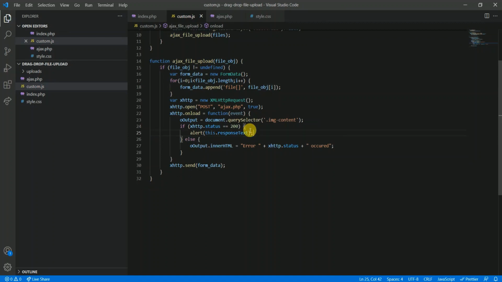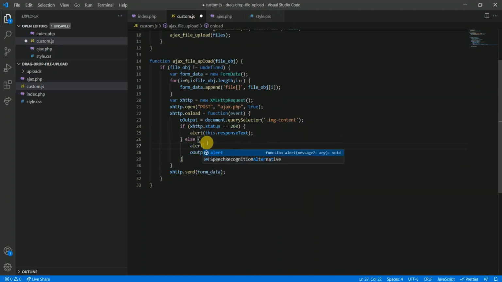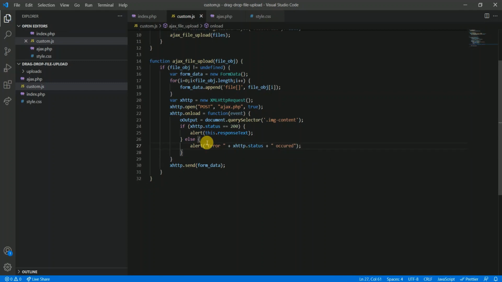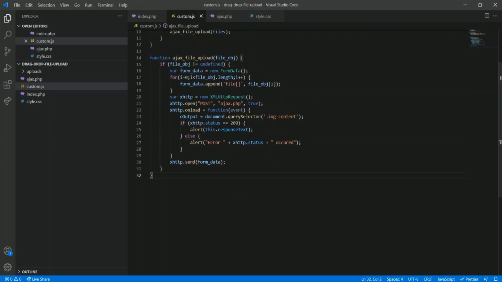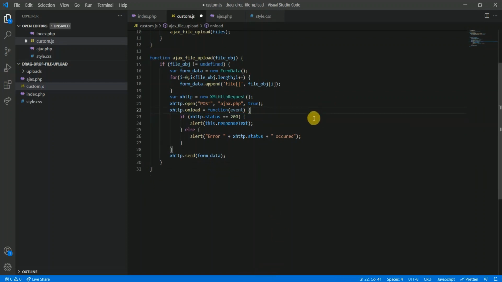And also I am adding an alert here just in case any error occurs. Is there anything missing? This variable we don't need. Now to the server side.